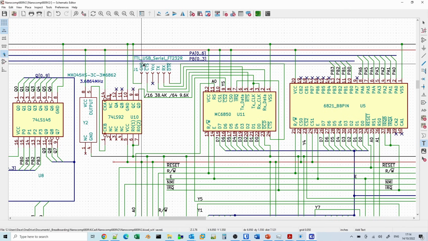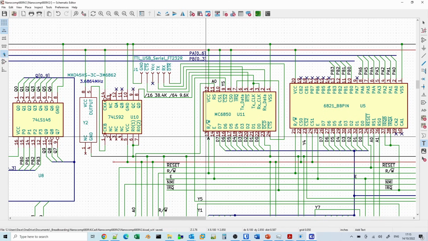We can see here with the interface, this is the TTL USB serial interface. So we've got ground, clear to send, VCC, 5 volts, which we're not using, transmit, receive, and data terminal ready. And the way these are wired up, the data terminal ready is wired up to clear to send, and request to send should be wired up to clear to send. It's not quite as easy to follow the diagrams as it is in Fritzing, but it's good enough. So I've printed these out and I'll be working off this layout.